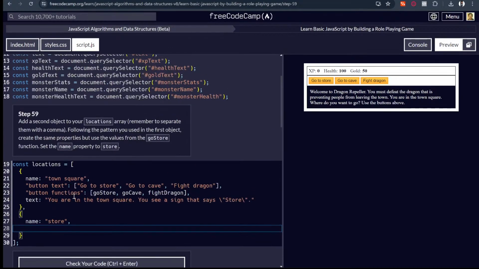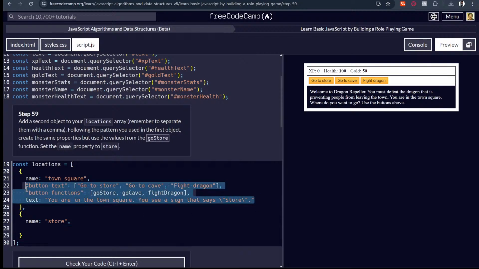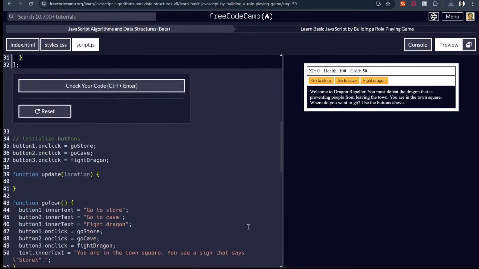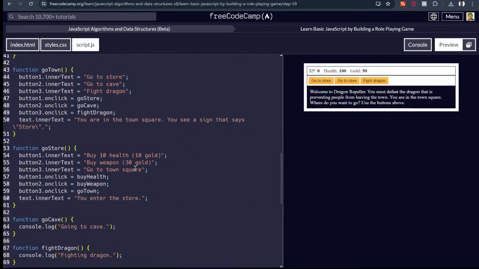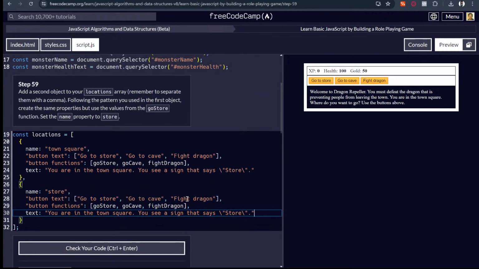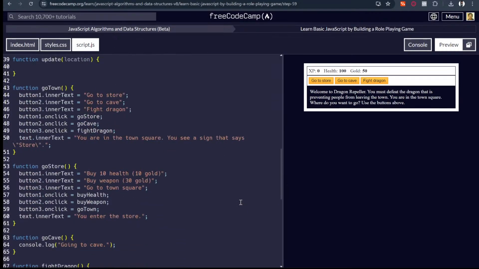So you use this same thing. You can just copy this. Button texts are